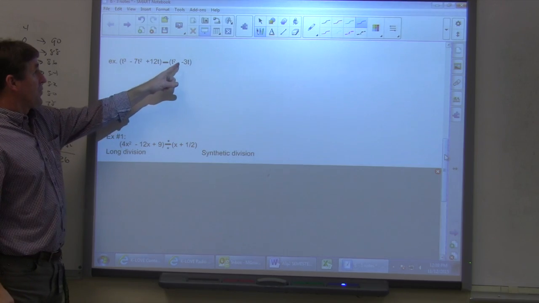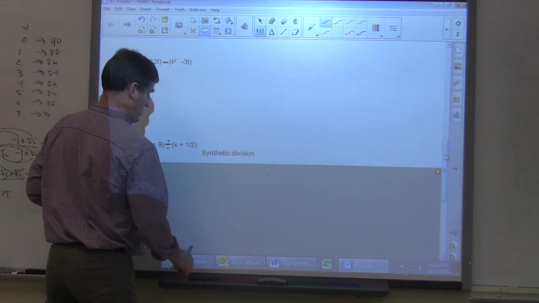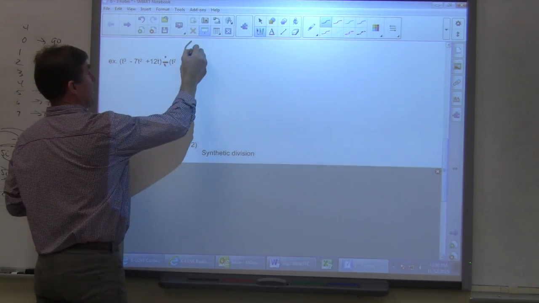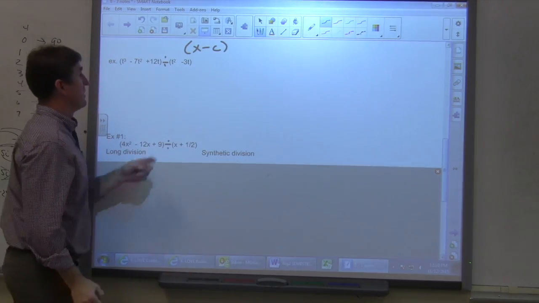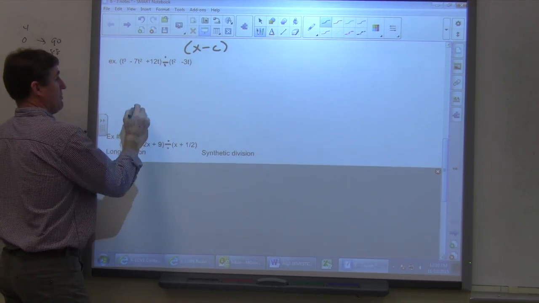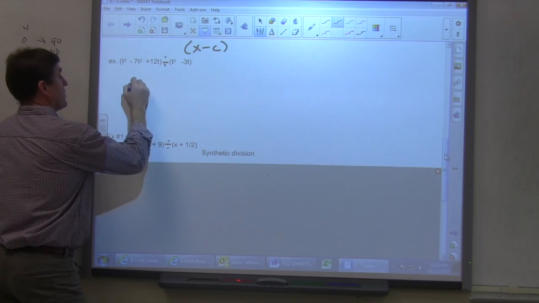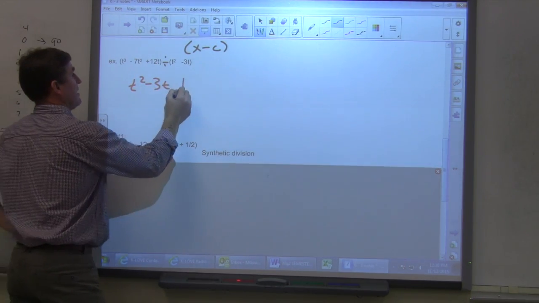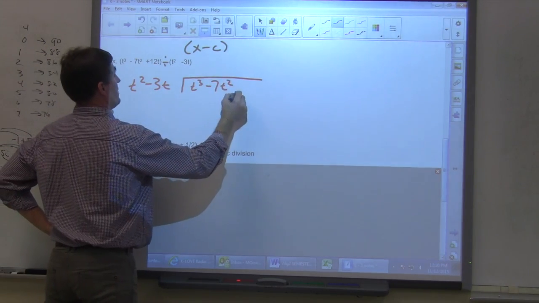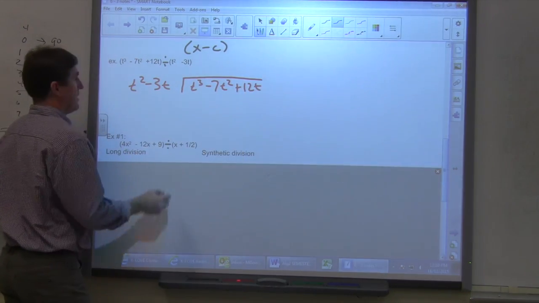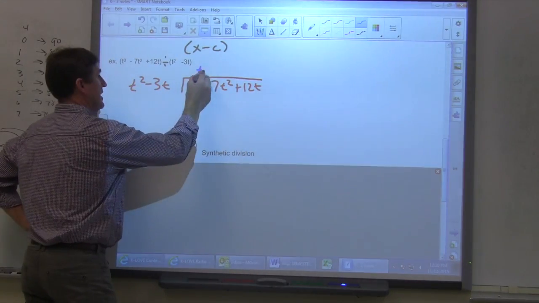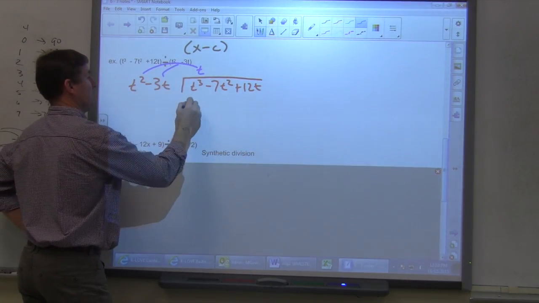So now we're going to take t squared minus 3t and divide it into t cubed minus 7t squared plus 12t. So again, this isn't in the form x minus c because we have the t squared and the t, or it could be t minus c. So I'm going to do long division. What do we have to multiply t squared by to get to t cubed, which would be t. Distribute that. So we get t cubed